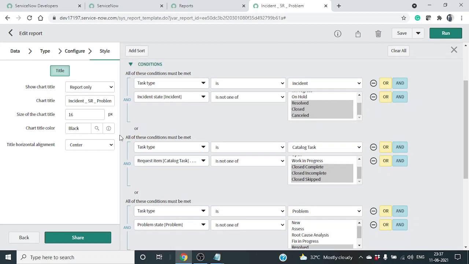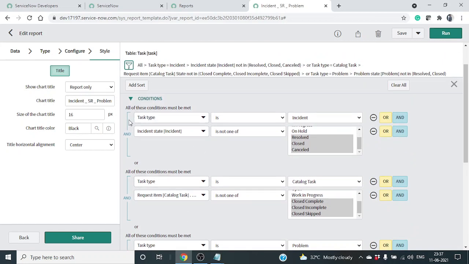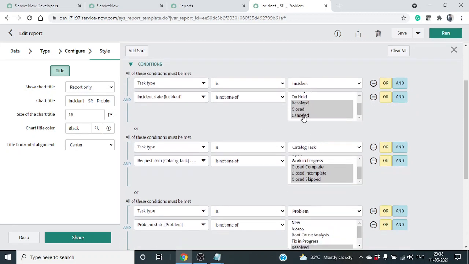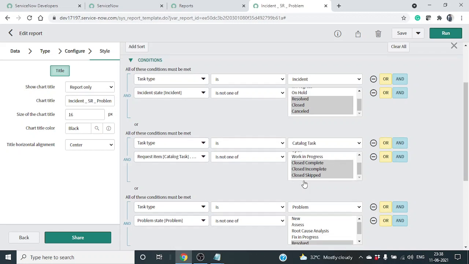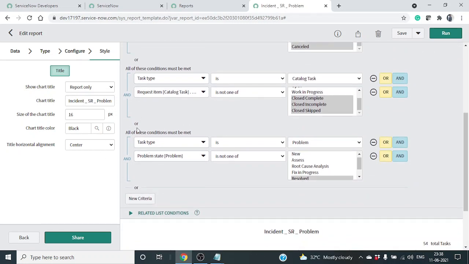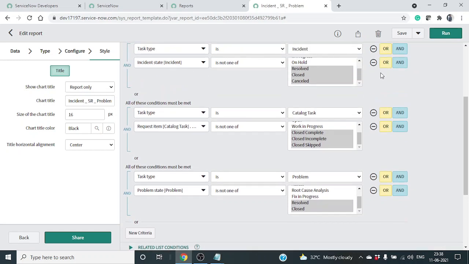I have created three queries. The first query is for the task type of incident. Select the task type incident, and the incident state is not one of resolved, closed, cancelled. Similarly, we'll select the task type as a catalog task. This is for the service request, and we will not consider the tasks which are closed complete, closed incomplete, closed skipped. And the third query is task type is problem, and the problem state is not one of resolved and closed. Save it